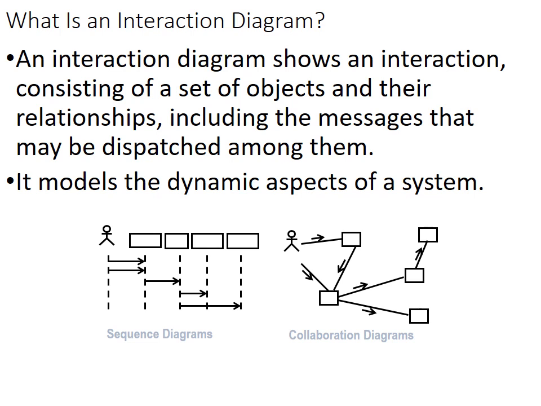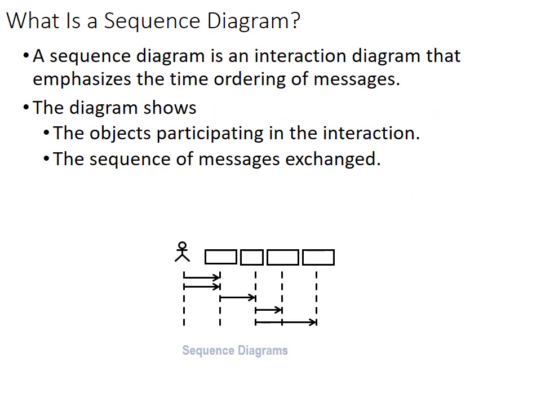So an interaction diagram shows interactions. Basically, we have two interaction diagrams: one is the collaboration diagram and another one is the sequence diagram. But in this module, we are not going to go with the collaboration diagram. We are just going to deal with the sequence diagram. A sequence diagram has a set of activities.